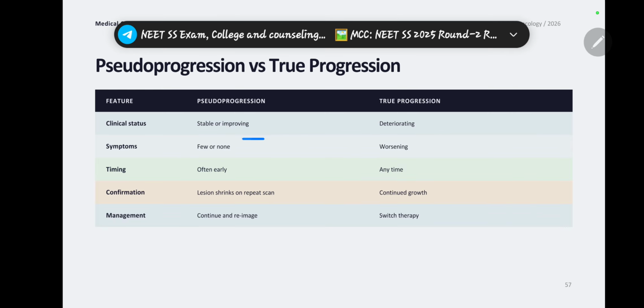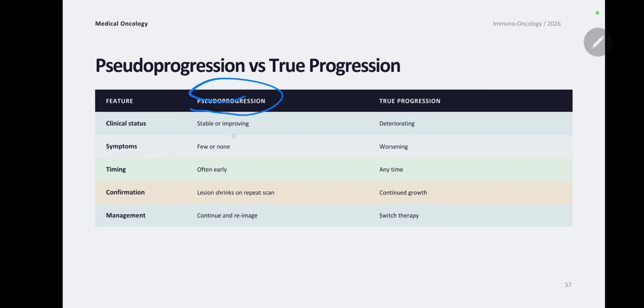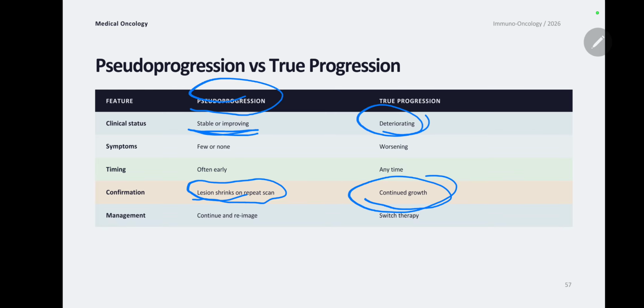So when using the pseudo progression, the patient is clinically stable or improved. In true progression, the patient is deteriorated. Second, in pseudo progression, the lesion continuously shrinks in sequential repeated scans, but in true progression it continuously grows. So in pseudo progression, continue the therapy and reimage, but if it is true progression, then